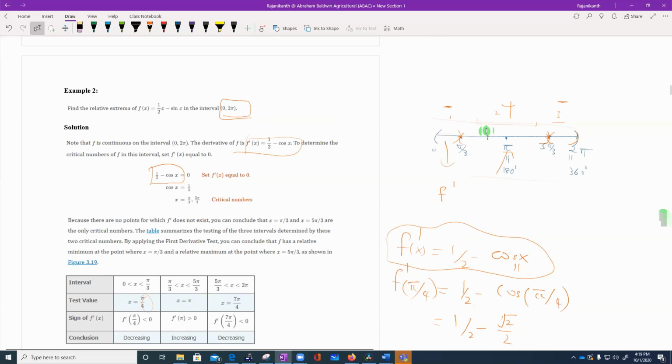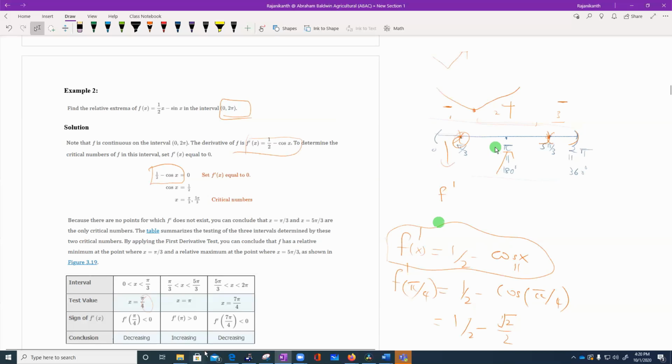So how is your curve going to be? Negative means, of course, the slope should be negative, so your graph should be going like this. Negative slope, positive slope, negative. Positive slope is going upwards, negative coming down. So you will get a minimum here. So if you draw the picture for this interval,